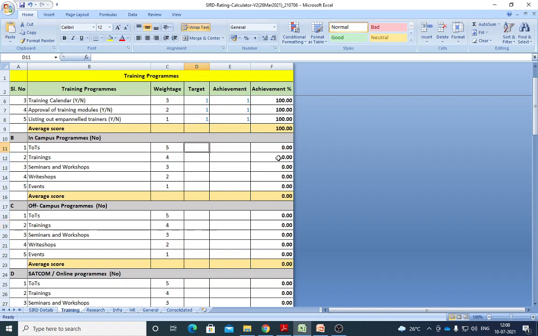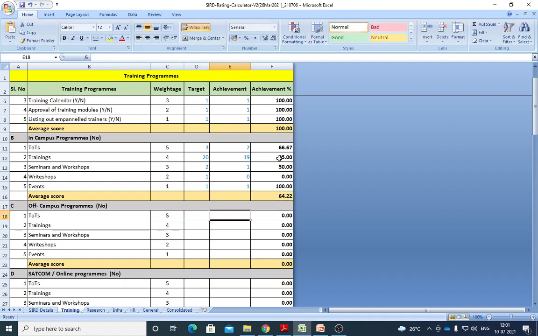In campus TOT, yes, I have done the TOT. Please make sure the TOT you are doing is for the ETCs, RIRDs and DPRCs. So yes, TOT I planned 3 in campus, but I could complete 2. At the same time, training programs in campus for other people, I planned 20 and could finish 19. And the seminar, I planned 2 and completed 1. And workshops I planned 1, but could not complete. And these are all approved. Please make sure that these are all approved for that year. And events, yes, I planned 1 and completed 1.